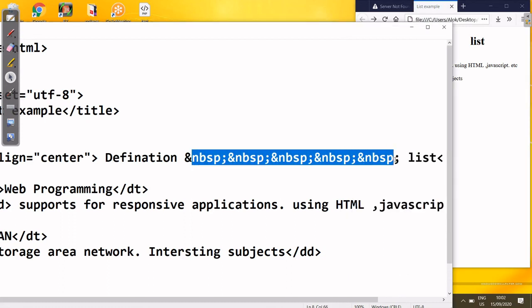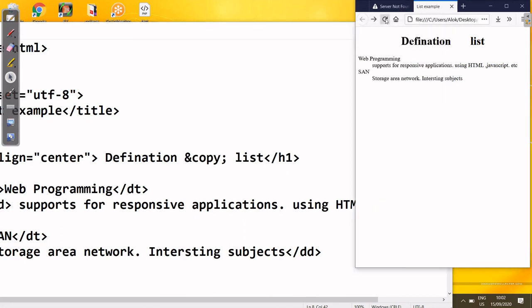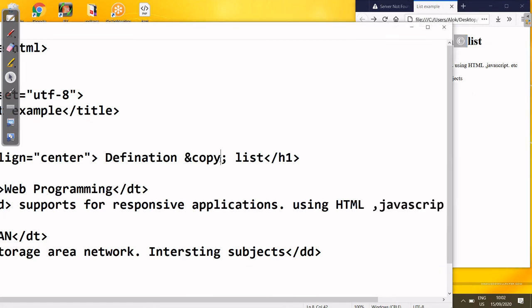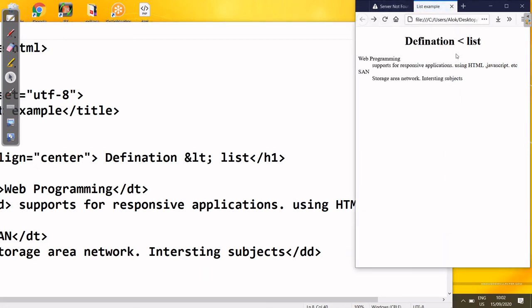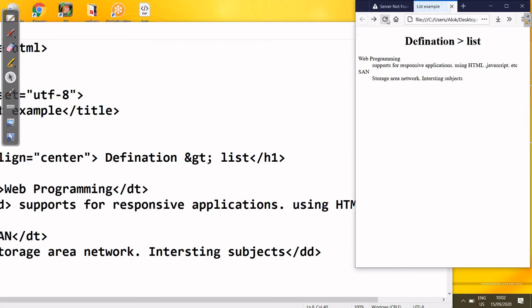Coming back to copy, I put copy here, and you see the symbol is there now. Then coming to LT, Control S, refresh, you see less than. The same thing with GT: you put it here, Control S, refresh.